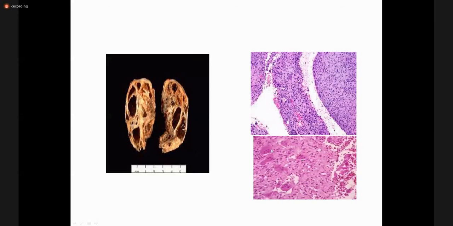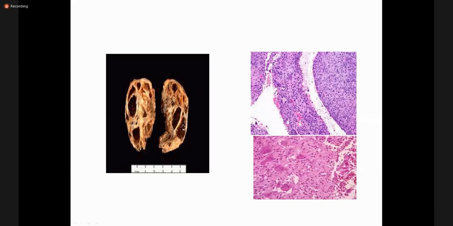You see multinucleated giant cells, which we also see in giant cell tumor, but again, the distribution of the giant cells is random in aneurysmal bone cyst, and there is a lot of vasculature, large cystic spaces filled with blood. And in giant cell tumor, the giant cells are uniformly distributed. The basic difference between giant cell tumor and aneurysmal bone cyst, which sometimes mimic each other on radiology, is that on morphology the giant cells are randomly distributed in aneurysmal bone cyst, and in giant cell tumor they are uniformly distributed.